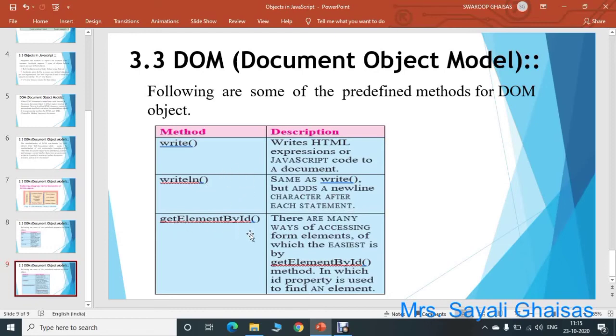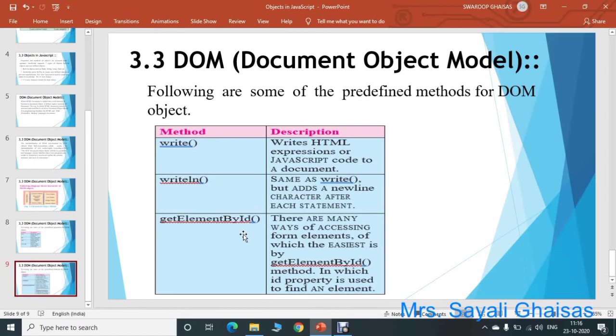Then the getElementById method is also there. There are many ways for accessing form elements, of which the easiest one is getElementById. So to access the data of different elements from a web form, we can have different ways, but the simplest one is by using the method getElementById. The getElementById method uses the ID property that is set for a particular element. So it finds that element with the help of that ID.